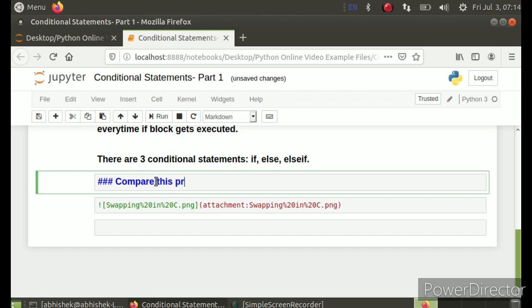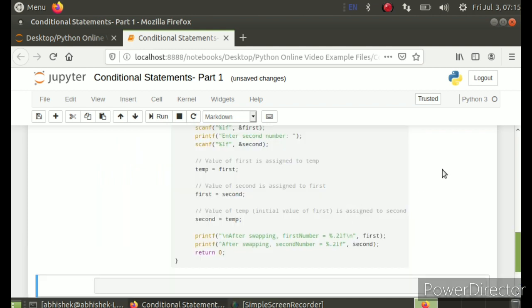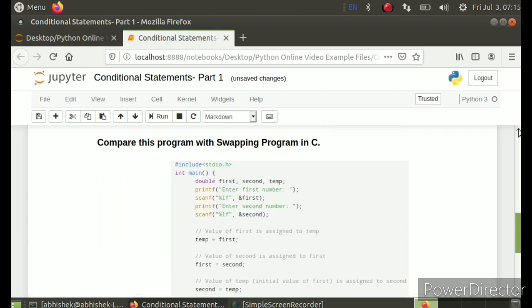I am using this swapping of C programming. I have taken this image from programmist.com. It is a good website to learn programming online also. I am not a C guy, so I have just dragged that image here. Shift enter. So this is a swapping program using C.